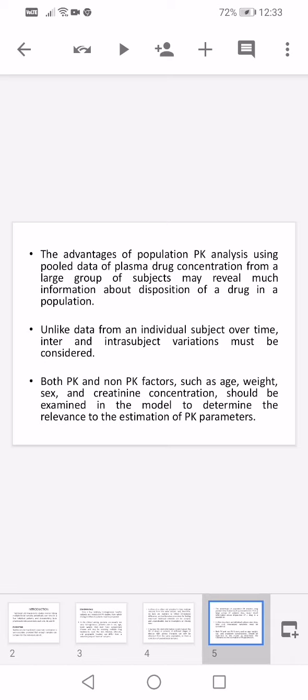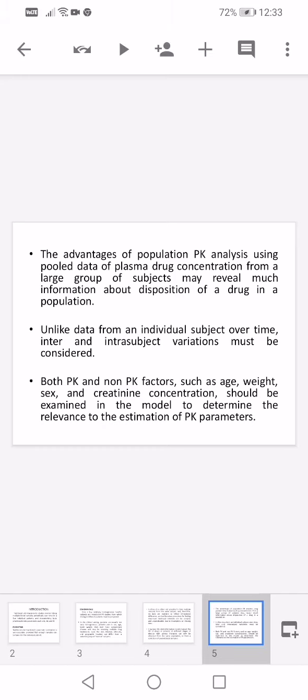in a group of population, so that we can estimate that these people, or this gender of people, or this age group of people will require this much of dose. By performing the PK analysis test in a group of populations with varying age, gender and also the variability of their living conditions, we can easily estimate how much dose is required for those patients.